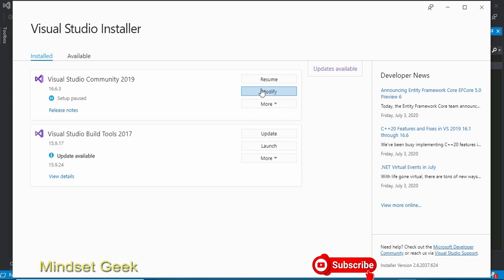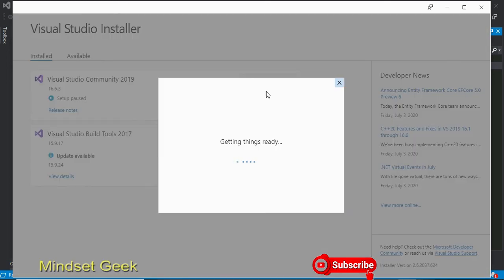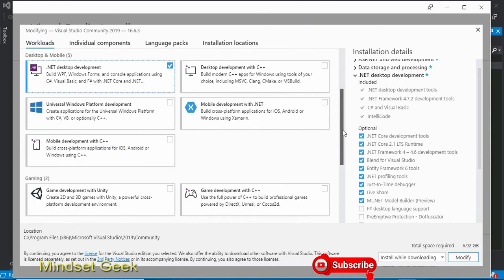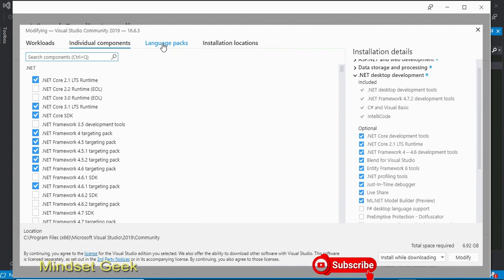Probably your modify button is not here, like this. It may be launched under More, right there, like this, right? This time I forced it, that's why the modify button comes here. Click modify in whatever way, select the modify button, then you can modify your installed packages or individual packages, installing or uninstalling, right?